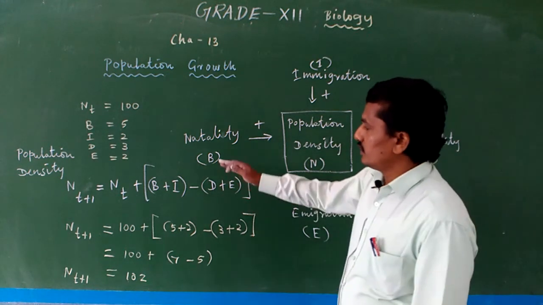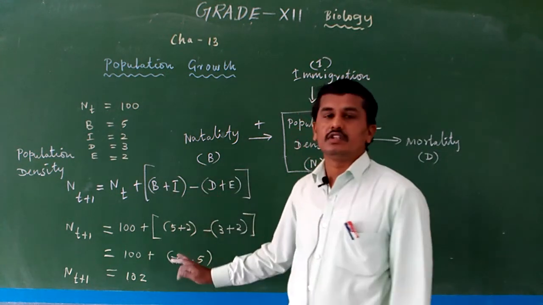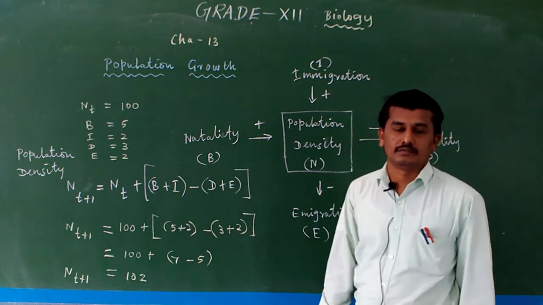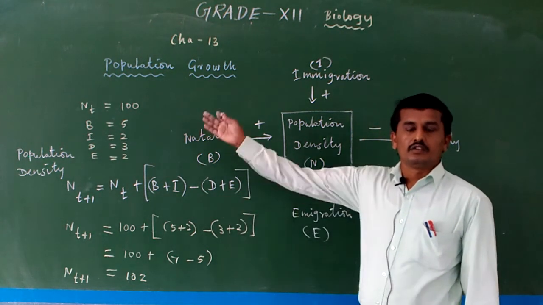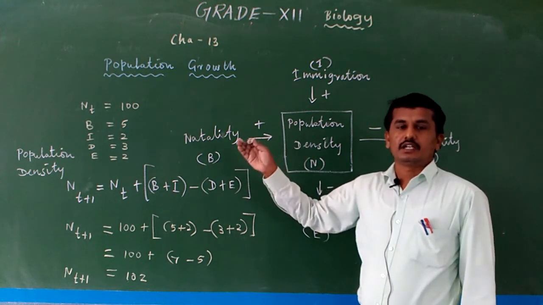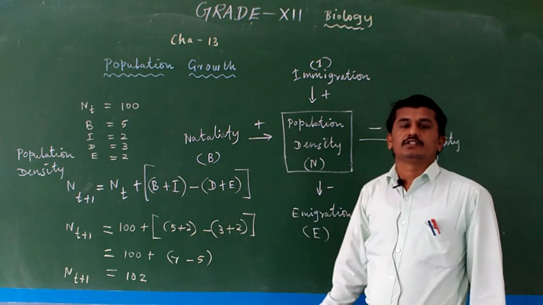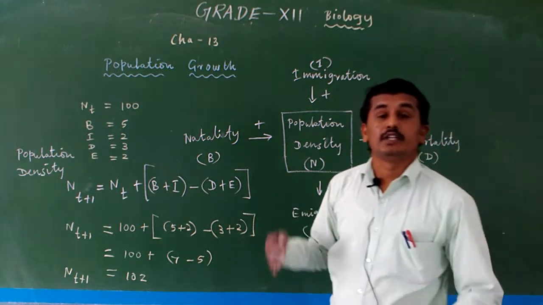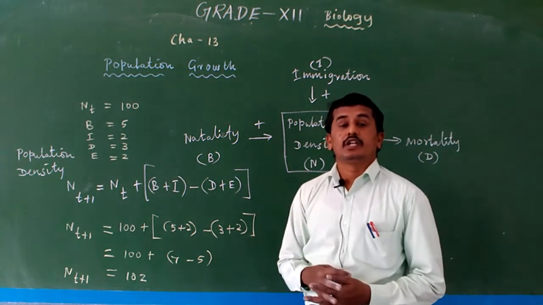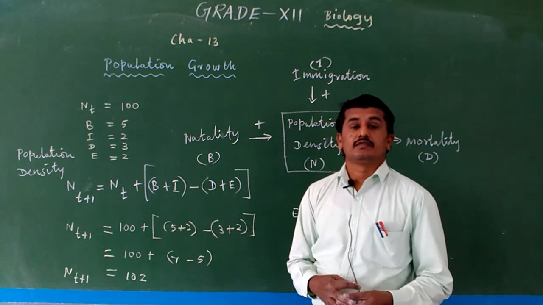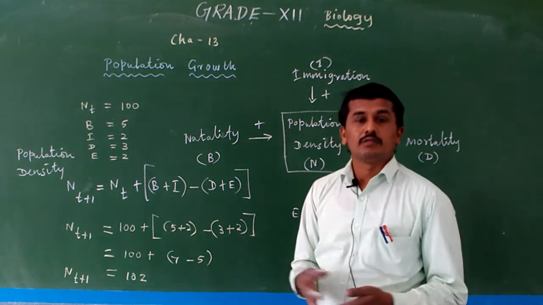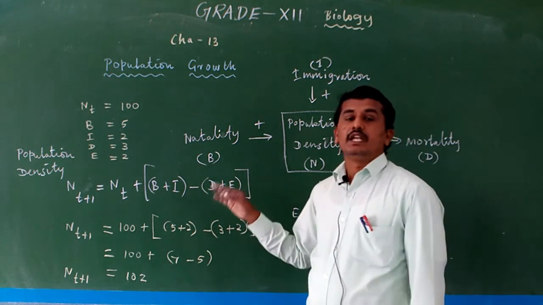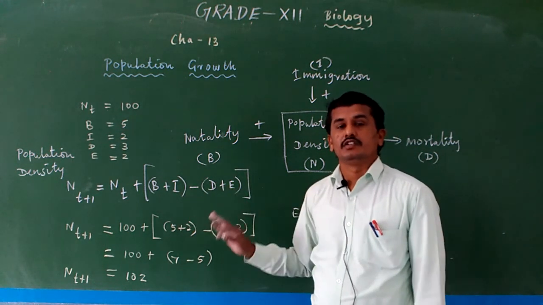With the use of these factors, we easily calculate the population density of a particular organism. For example, I give a small number. With the use of human population also, we calculate how the human population increased during a particular year, or during a 10 year period of time, or during 1 month of time. So with the use of this formula, we simply calculate the population density.